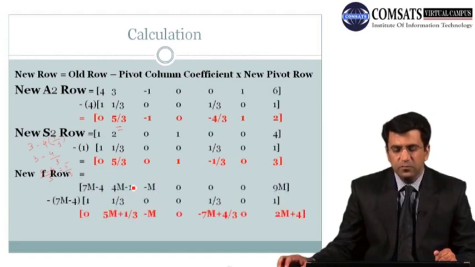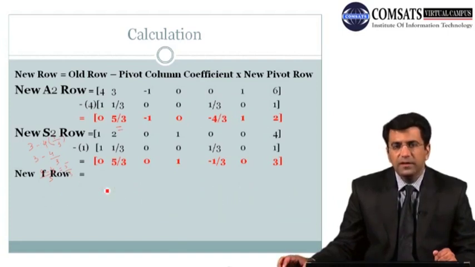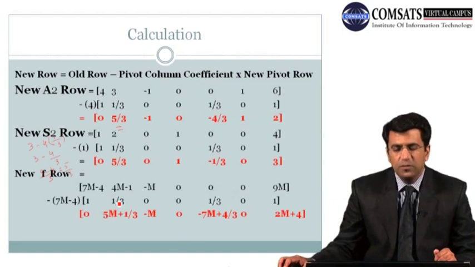Then class, we'll also have to compute the new F row, and this will be equal to our old F row. Now again class, the formula for computing this new F row will be again the same, that is old F row minus the corresponding value of pivot column coefficient multiplied by new pivot row. Now let's take the example of the first value,